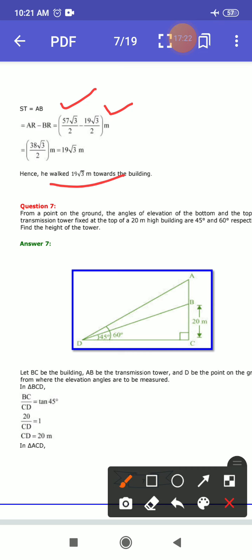OK, so I feel you understood how to work with this question and how to do these questions in your exam. So in the next video I will explain the next questions, and these questions you have to write in your notebook properly. That is how you have to do the question or see the question in your exam.